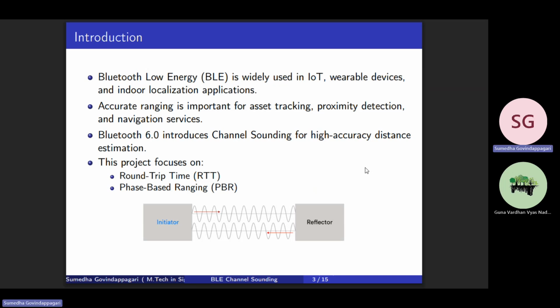So Bluetooth Low Energy has many versions. There has been the 4.0 version and the 5.1 version, but both of these versions have not been accurate with their results regarding the distance estimation between two devices, because they suffer from multipath propagation, and the implementation of those two versions is also very complex. So this has led to the Bluetooth Low Energy 6.0 version, which is called the channel sounding method,